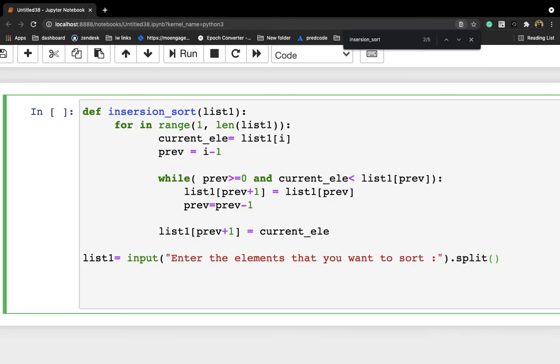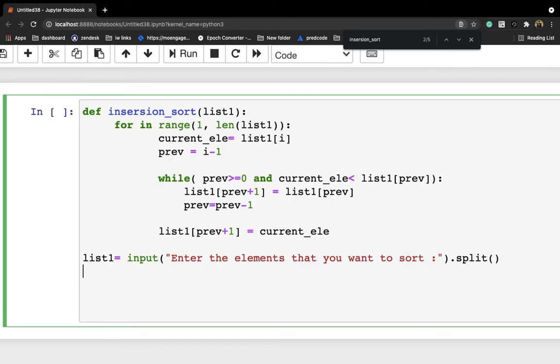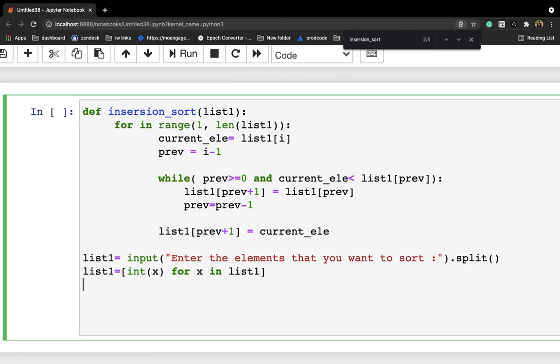So basically the split function splits a string separated by spaces into list items. So that's why I'm writing the split function. And then let me convert all these elements to integers. So for this I'm writing here int(x) for x in list1. So I am converting all elements to integers.